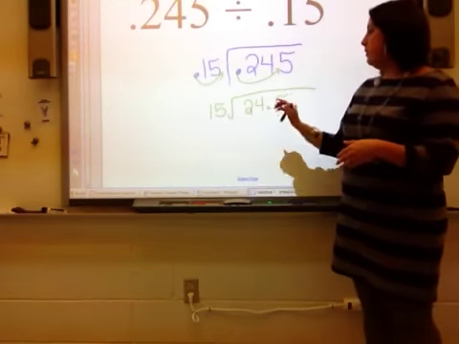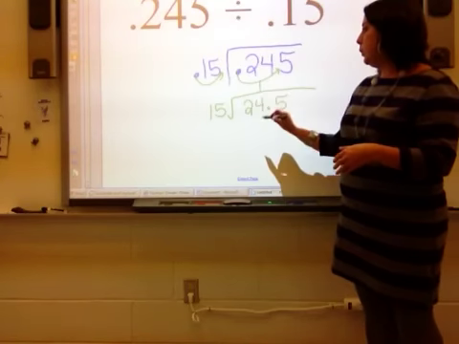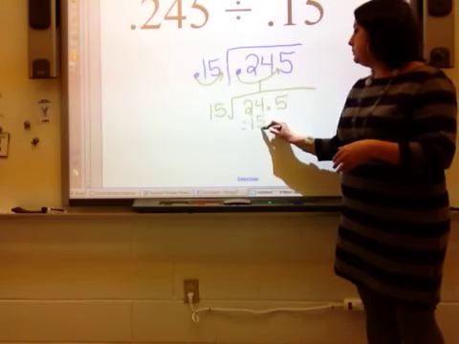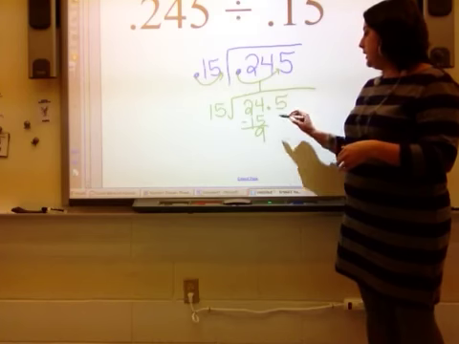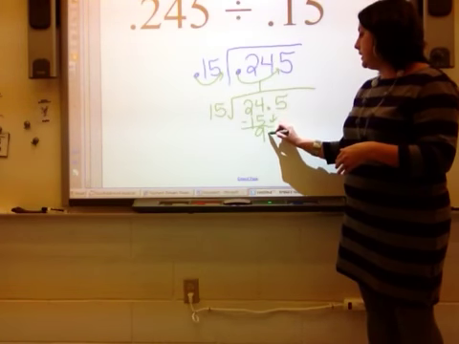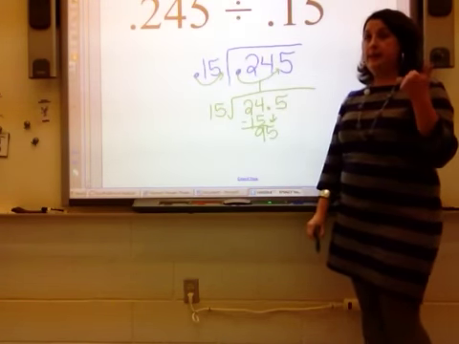So in this case now, 15 will divide into 24 one time. With 9 left over, I'm going to bring down that 5. And let's think about this. My multiple